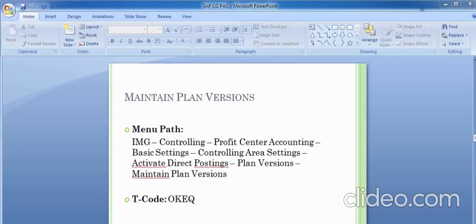We have to go for the master data settings and then the actual postings configuration steps for the profit center accounting. So till today we'll be having this, and we'll be covering the master data and actual postings configuration steps in the